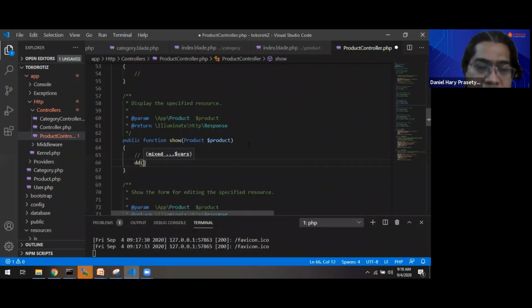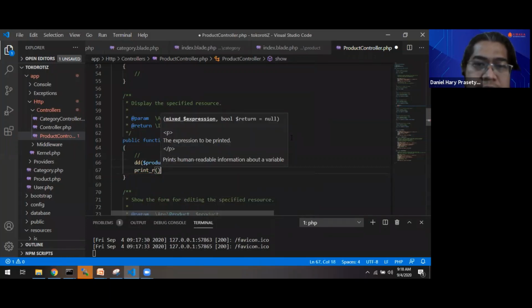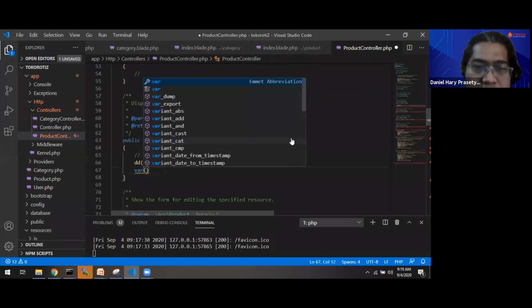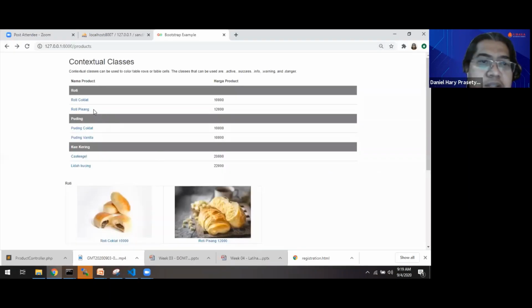The dd function is like print_r or var_dump. Maybe you already used var_dump in native PHP, but Laravel provides this one with a better view. Okay, we will check it, for example roti coklat.